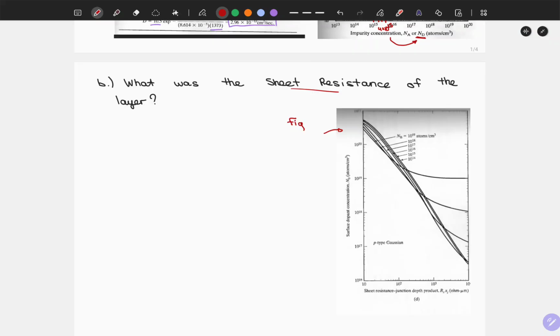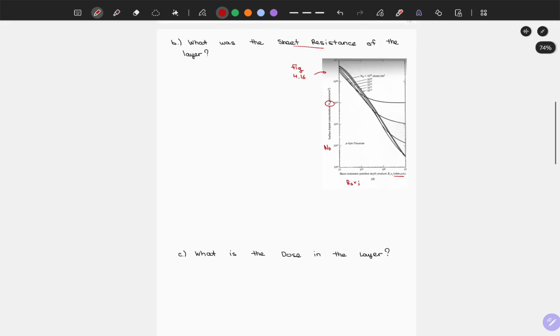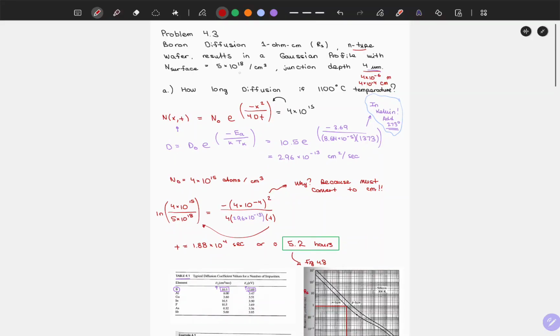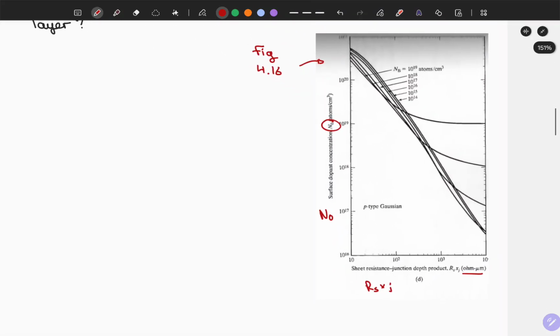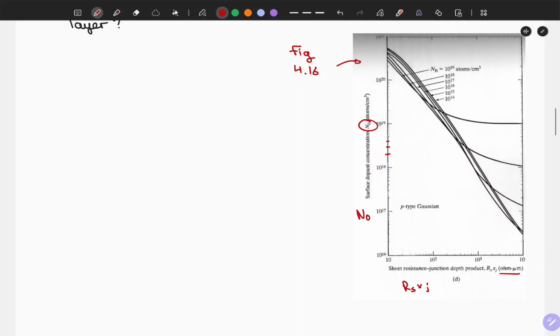So this is figure 4.16. Irvin's curve relates the surface concentration to the sheet resistance times junction depth, that is, in ohms per micrometer. So we know N naught, right? We know that N naught, the surface concentration, is given to be 5 times 10 to the 18th. If we then plug that in, 2, 3, 4, 5, right, and we kind of follow it, we then have